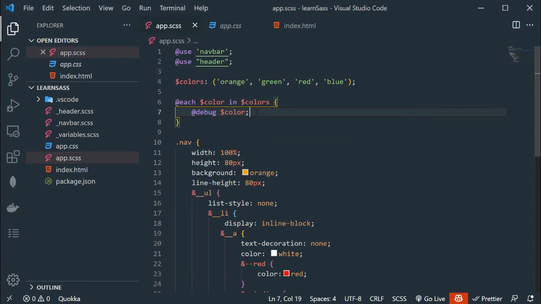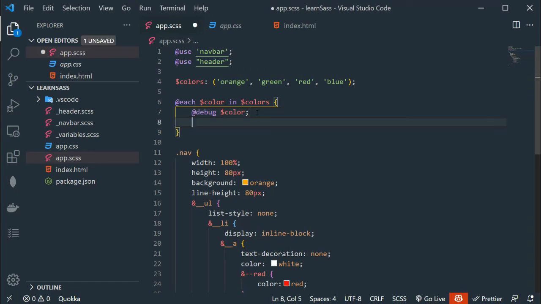Now I want to create some dynamic classes like color-. After the dash I want to append orange, green, red and blue. So what we need to do, we can access these values through $color. So after the dash we have to append the $color variable.